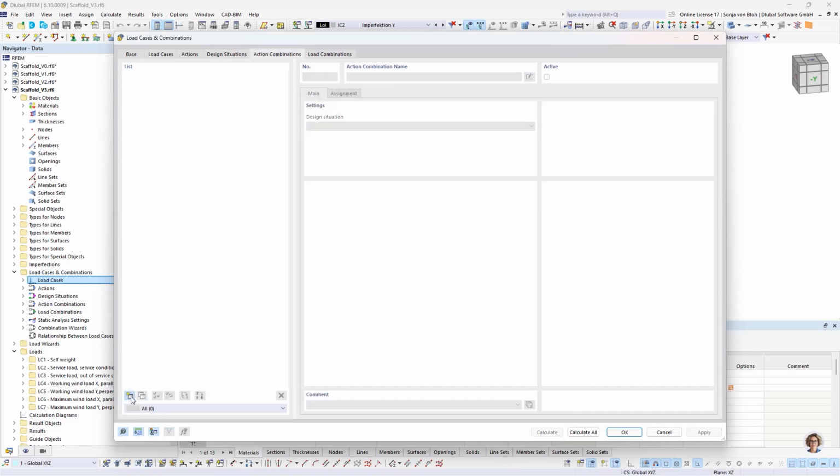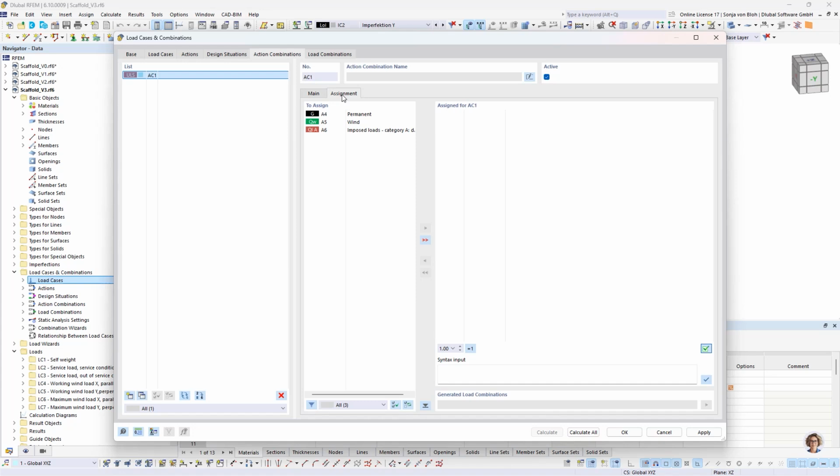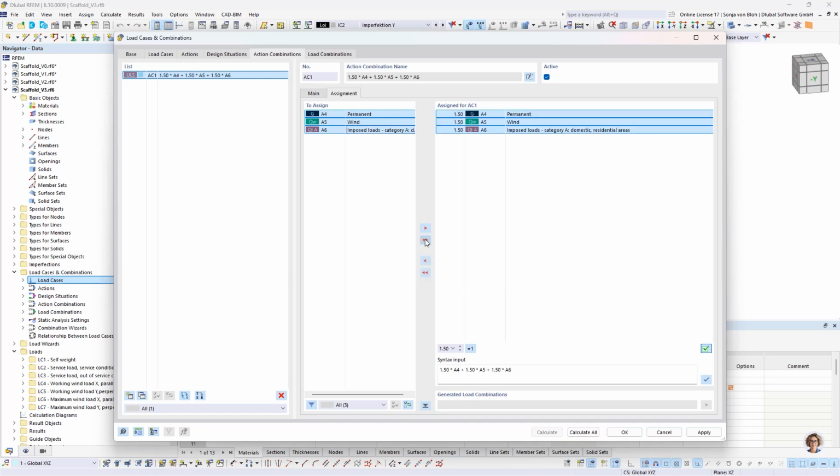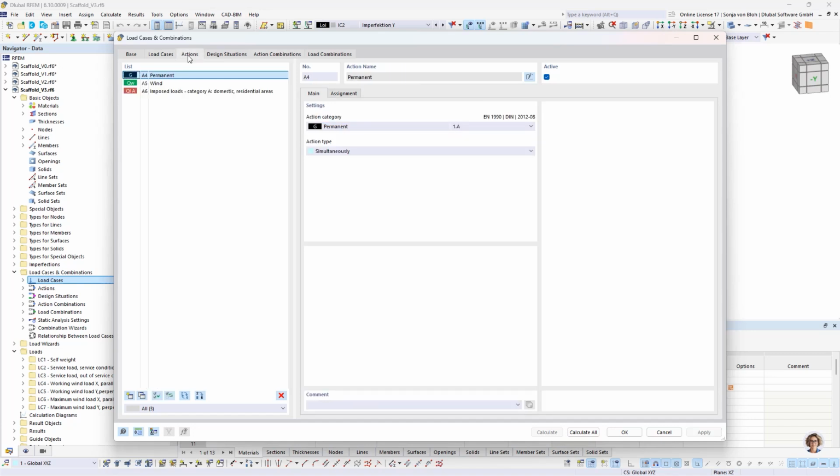So I create here a new user-defined action combination, and there I assign all these actions, but here with a partial safety factor of 1.5. Then I go to the actions